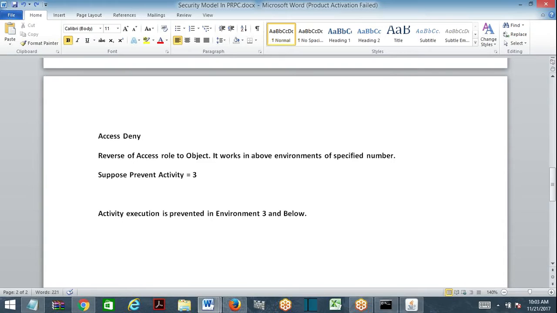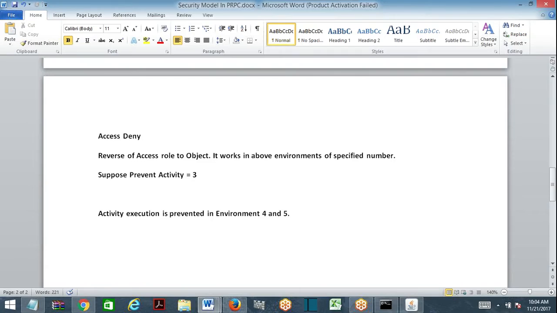But what I am doing is preventing activity execution. Denying the prevention means you are allowing the execution of activities. So that means it is prevented in 4 and 5. This is where you will usually get confused. You are denying the prevention. Prevention denying means you are allowing.